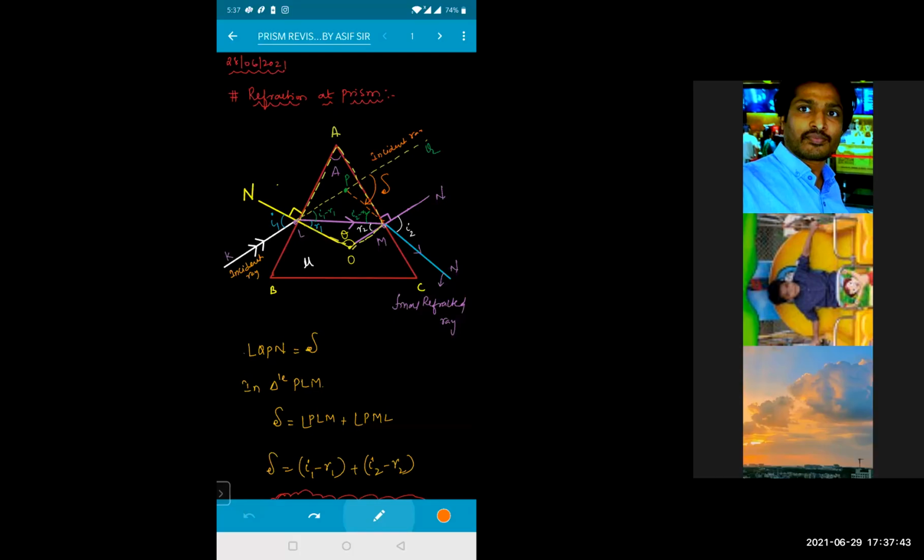See here, we are talking about refraction at a prism. I told you, for refraction at a prism, any two plane surfaces should be making an angle. That will be called your prism. The prism can be a hexagon, pentagon, anything basically. Now, if this is your triangular prism ABC, in which this ray